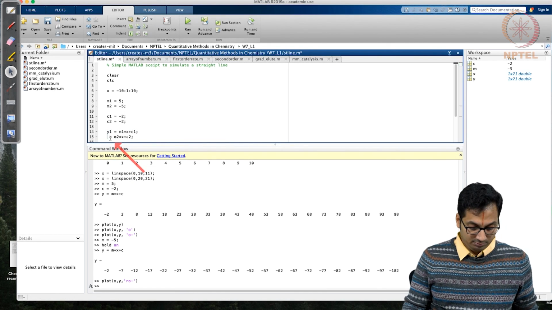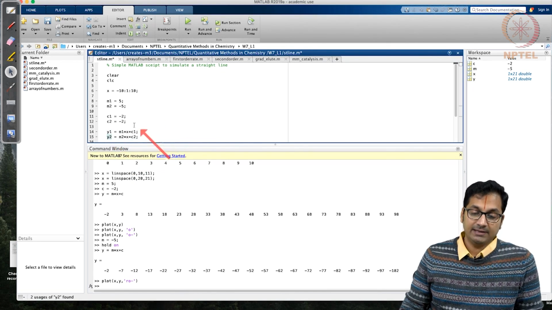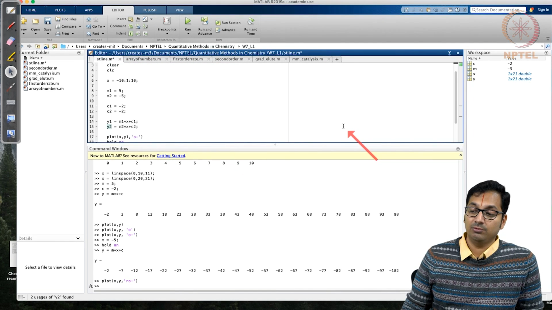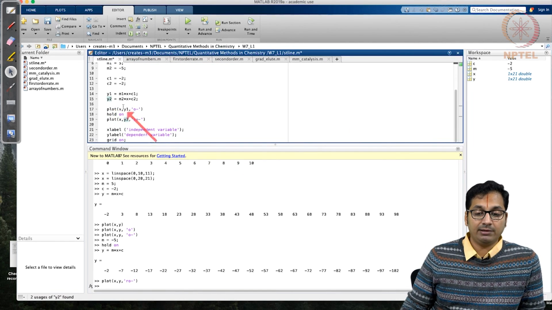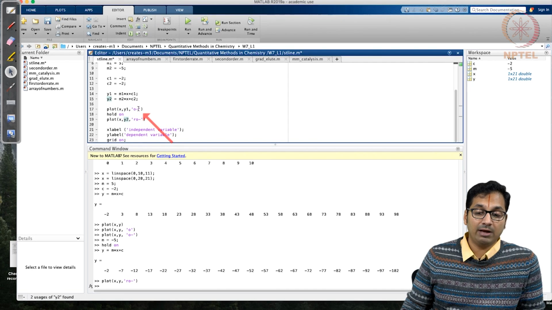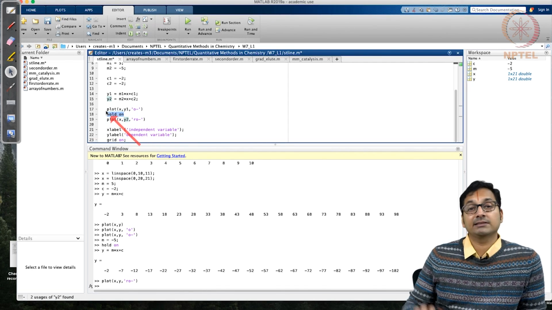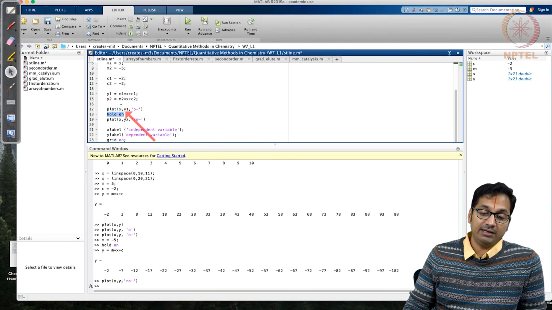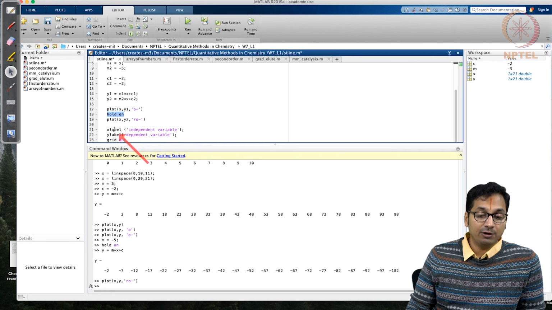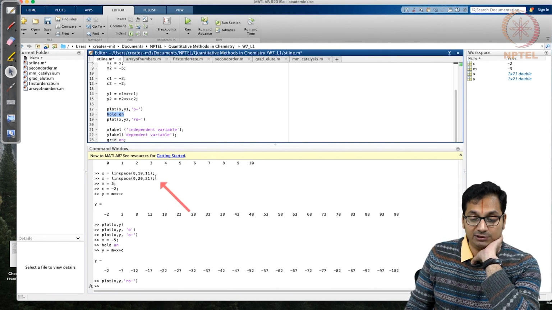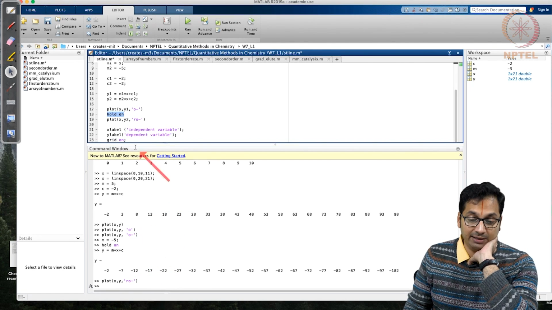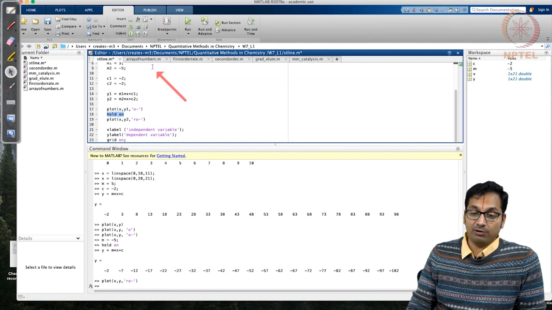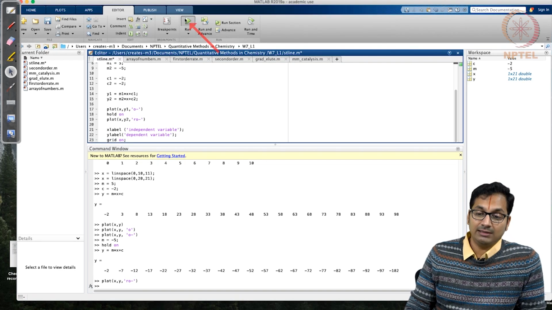and y2 is m2 star x plus c2, and then you can always say plot x comma y1 with a o dash and hold on. This indicates that the figure will not change anything there, it will remain with the old set of data that you have just plotted, and then plots the next set of variable. And then you can always give an x label, y label. I have just shown you in a moment that instead of typing everything in the command line here, you can type a script out of this and then just go here and say run.